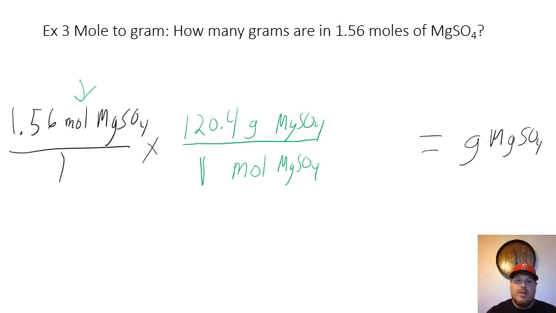Okay, so once again, I'm going to multiply this through and cancel out what I have. These cancel out, and the only unit I'm left with is grams of magnesium sulfate, which is what I want. Multiply it across. When I do that, I get 1.56 times 120.4, and I get a grand total of, using some scientific notation here,